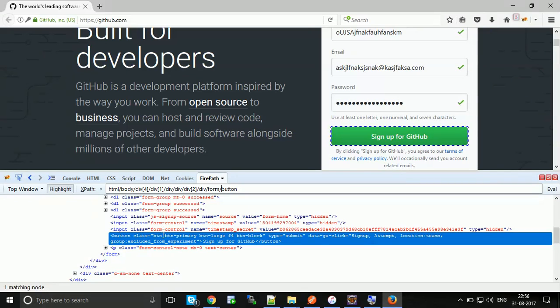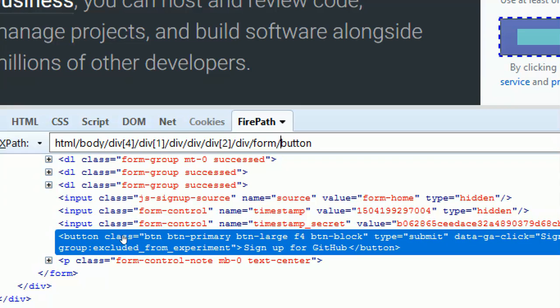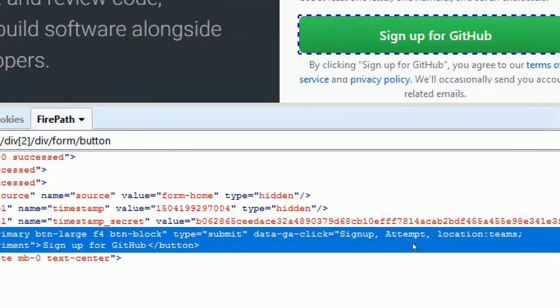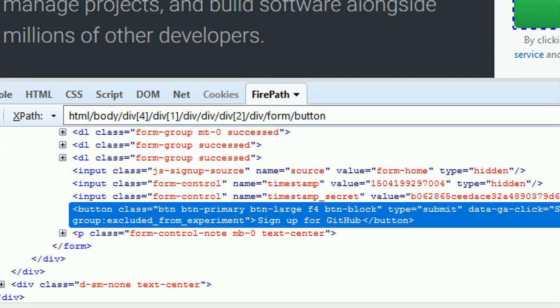So let's look at the code closely. So this is a button. Actually, this is a button. It is having a certain class value. Okay, its type is submit, and there are a lot of other attributes as well. So what I'm going to do is I'm going to find the button by the class name. So first of all,